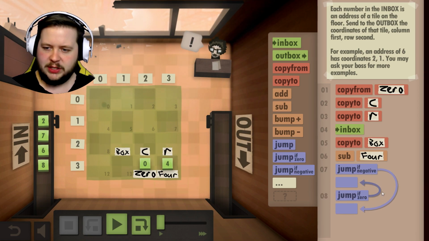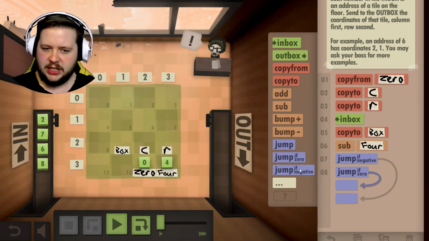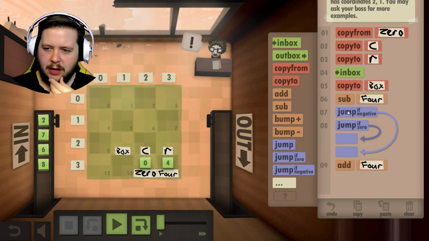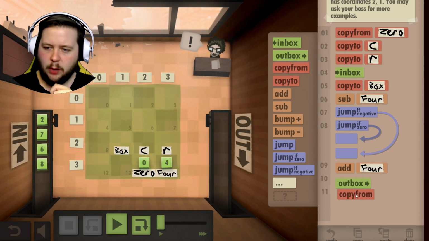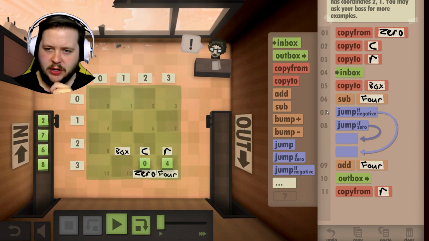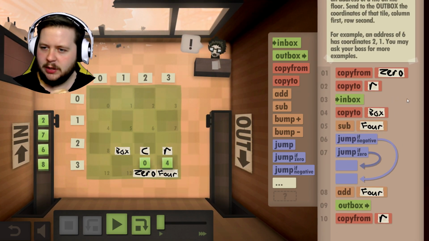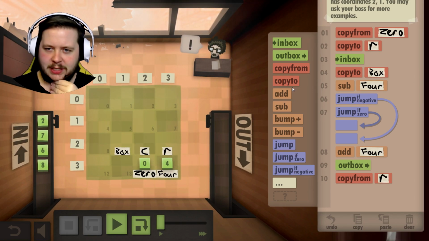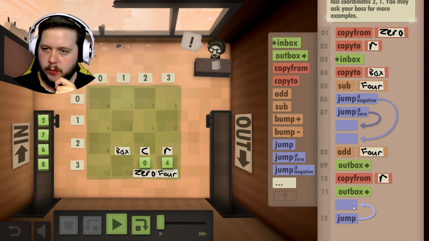If it's 0, we'll do something different, but it's similar to if it's negative. If it's negative, add the 4 back on and outbox immediately. Then copy from the R iterator. Yeah, we don't actually use the C iterator, so I should remove it. Remove the copy too, because we don't need it. I just wanted it there for visual purposes. Yeah, copy from R and outbox that, and then loop back to